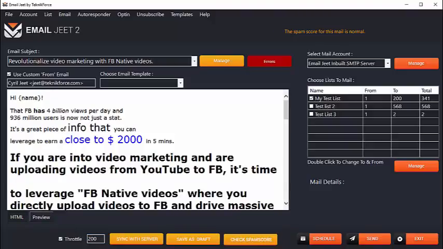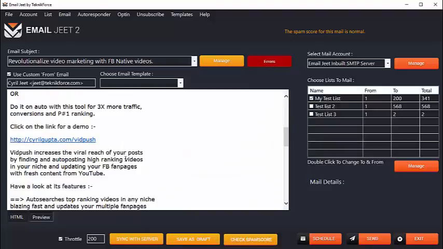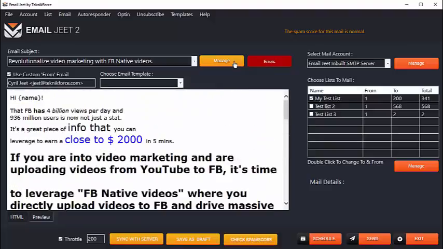You can preview how exactly your email is going to look to your customer, and you can even have templates. So if you want to put in an HTML template, it's possible through Emailjeet. We have a collection of templates that you can use, and you can even plug in your own templates. It's very easy to do, and you can plug in your own templates and have your custom email sent out